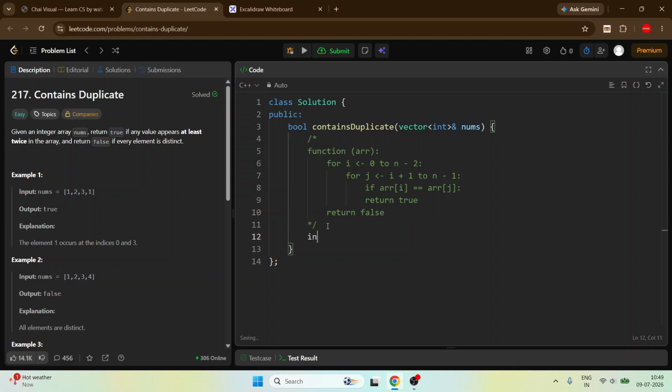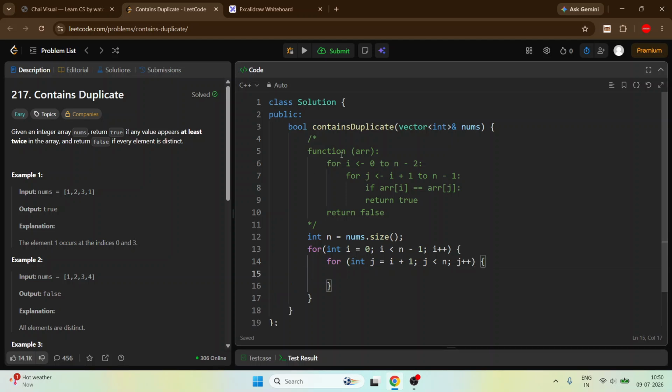Now just first take the size of the array, that is nums.size. Now do a nested loop of two, starting i from 0 to n minus 1, i plus plus, and then another loop, j started from i plus 1, j less than n, j plus plus.